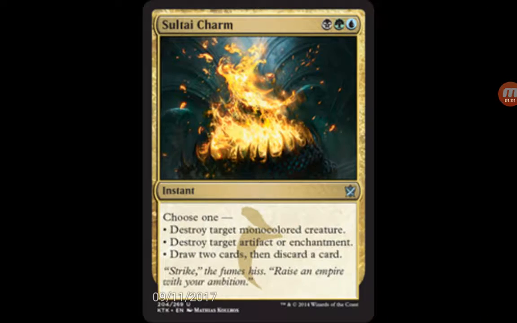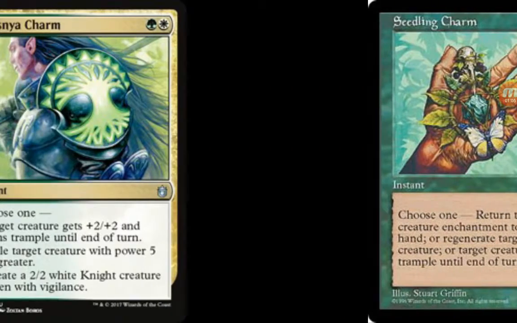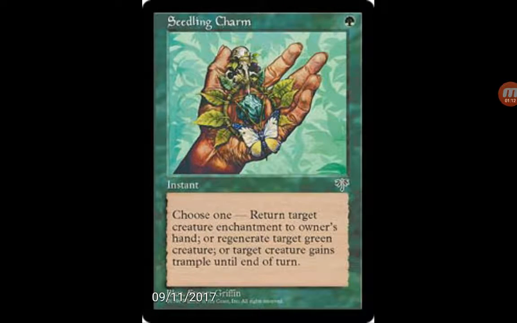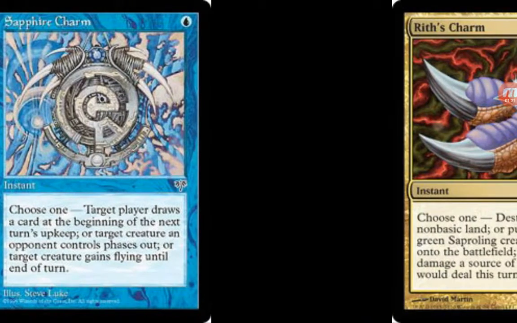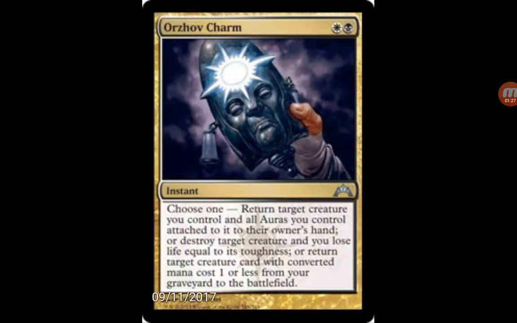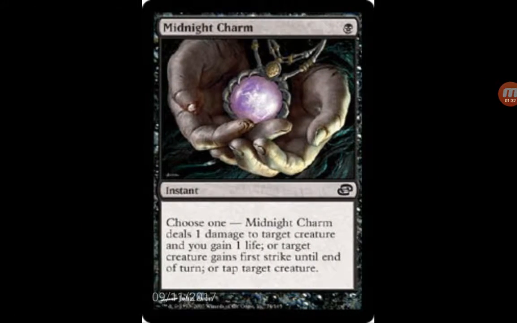So, Sultai Charm, Simic Charm, Selesnya Charm, Sensei Charm. That's what I was trying to say. Sensei Charm. Seeding Charm, Sapphire Charm. When I do say reprint, I will come back to Sapphire Charm, because there's a thing about that one. Rith Charm, Rakdos Charm, Piracy Charm, Petty Charm, Orzhov Charm, Naya Charm, Misery Charm,